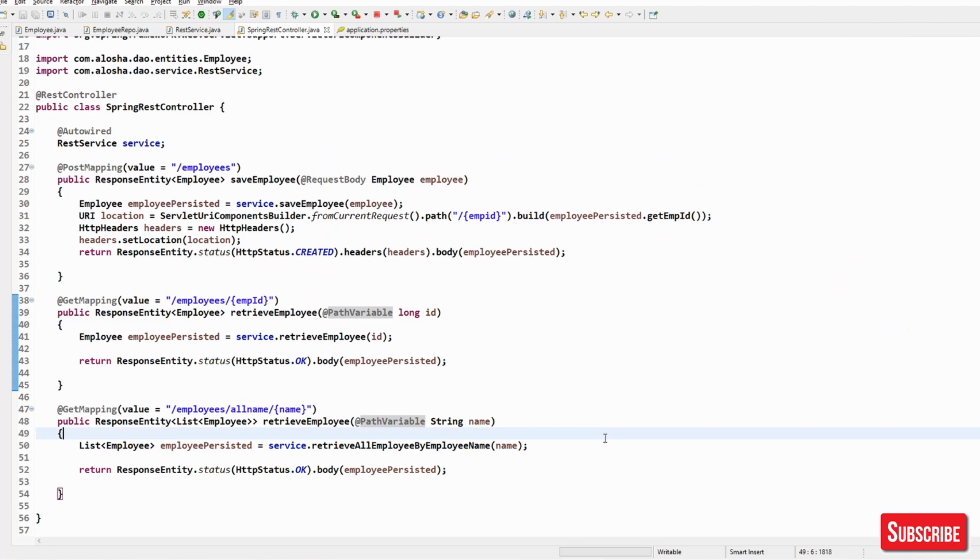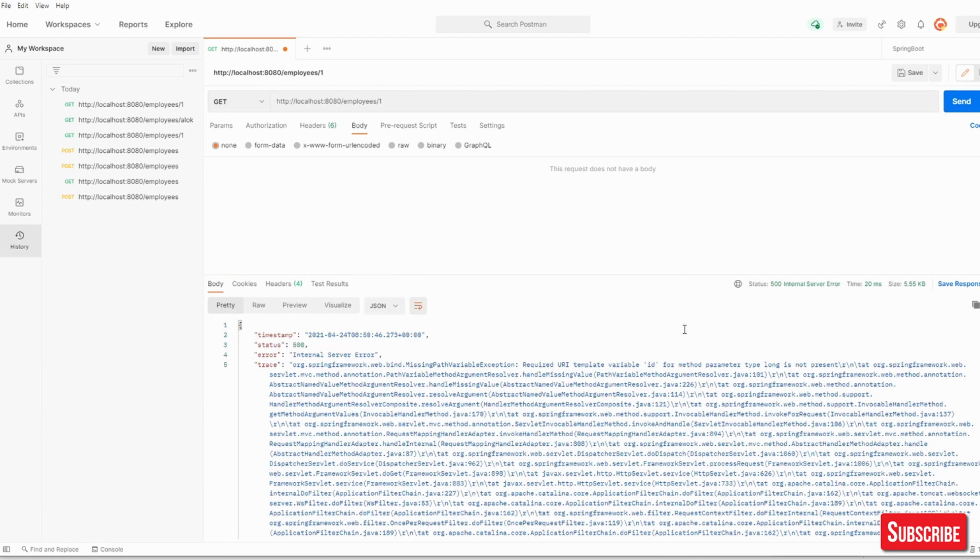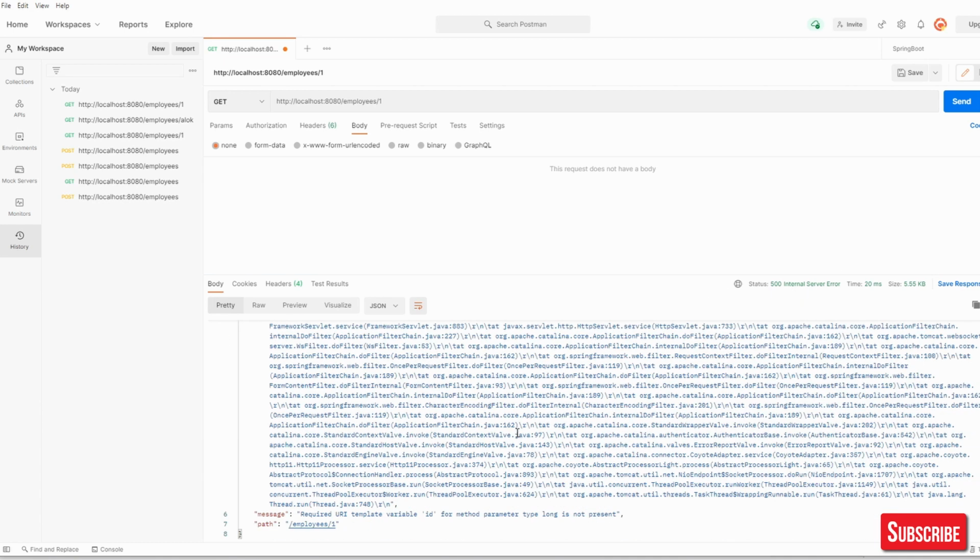Now we'll come to Postman and we are trying to fetch employee ID 1, GET, send the request, and now we got 500 internal server error. What it is saying is the URI template variable ID for method parameter type long is not present.